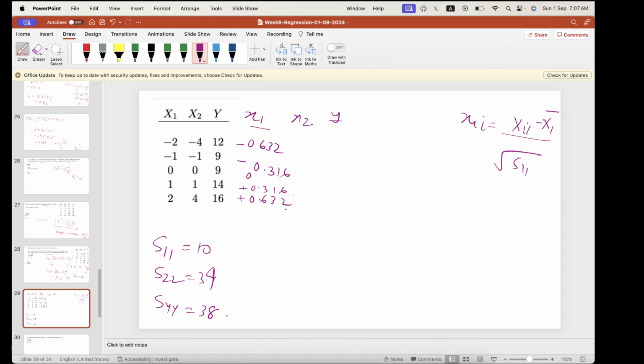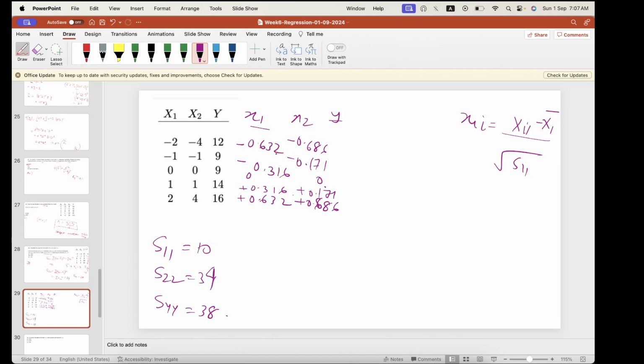Okay, similarly we'll find out x2. X2 will be minus 4 divided by square root of 34. So this is minus 0.686. This is plus 0.686. Then we have minus 0.171 and plus 0.171 and this is 0. Alright, similarly,